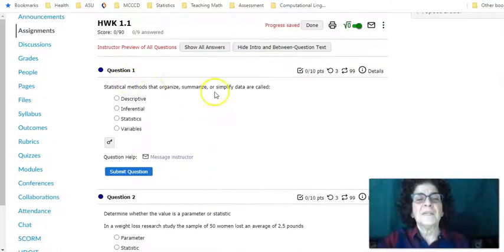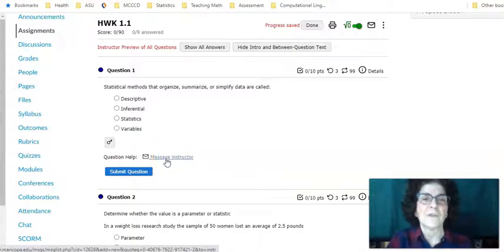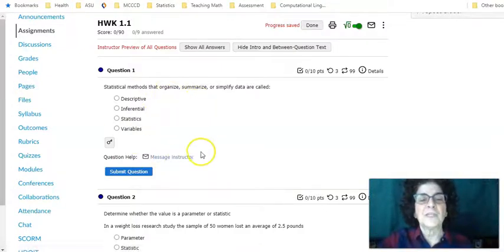Again, you can see each one of them has usually buttons that you can select one. There's help that you might be able to use here. Sometimes there'll be a video link down here. But this is the message instructor link that I was talking about. For example, if you're struggling with this question and you don't understand why you keep getting it wrong, or if it takes you, say, more than 15 minutes to complete it, hit message instructor